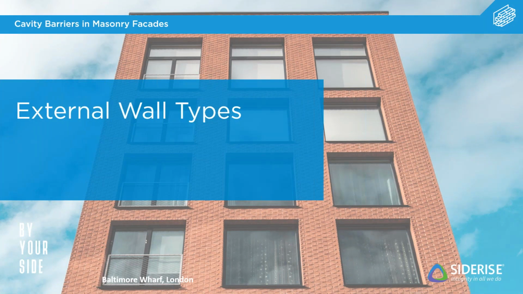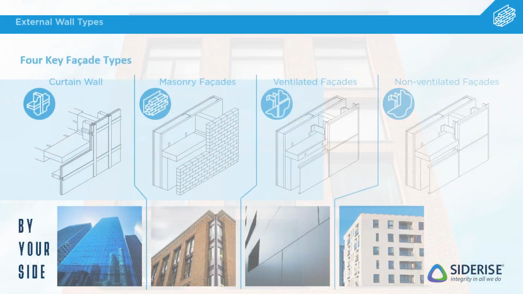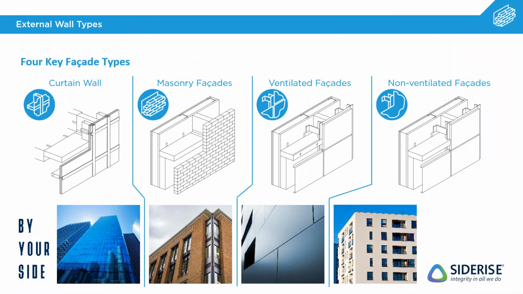So generally when we look at different types of building envelopes or external walls, we tend to split them between the sections: curtain wall applications, masonry, and then ventilated, or a bit of a subsection, non-ventilated facades. All have very different scenarios and many different requirements, and that's one of the things that really drives the need for specifically designed products for these different applications. So focusing on masonry facades today,